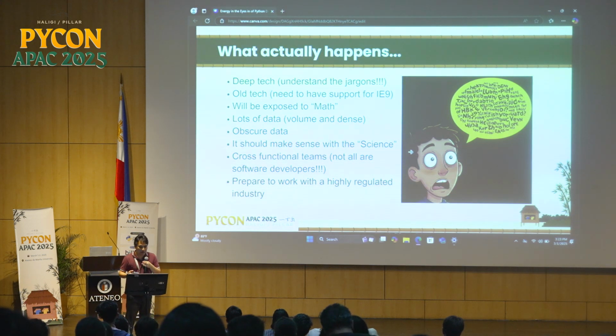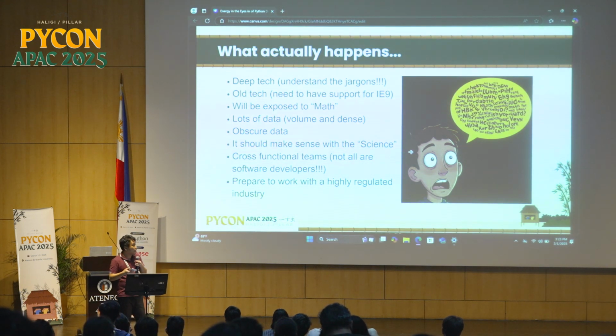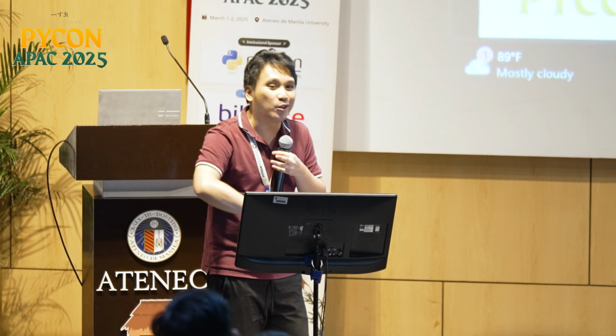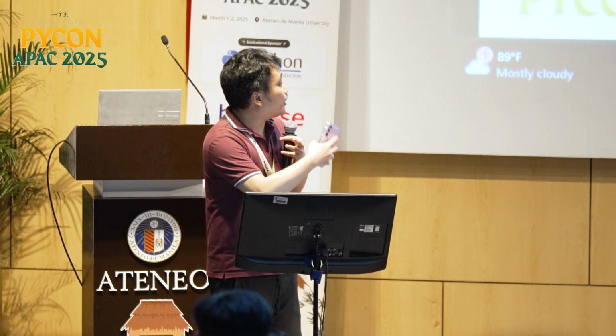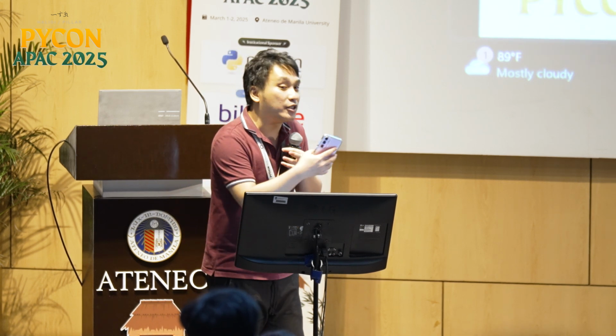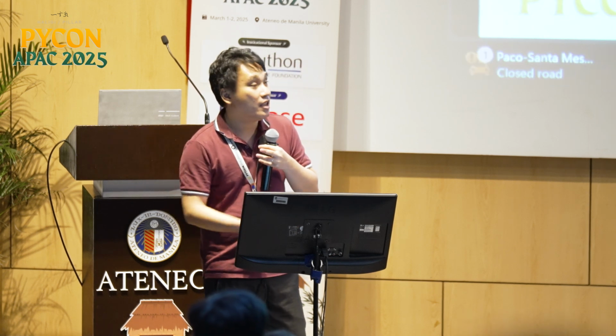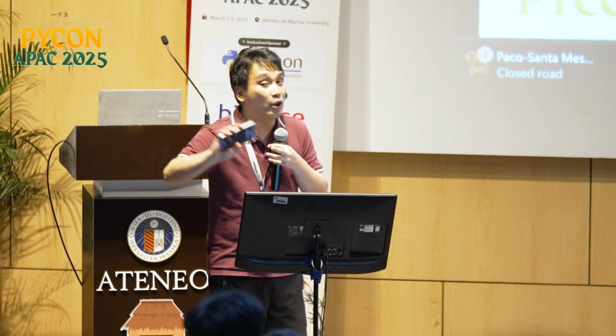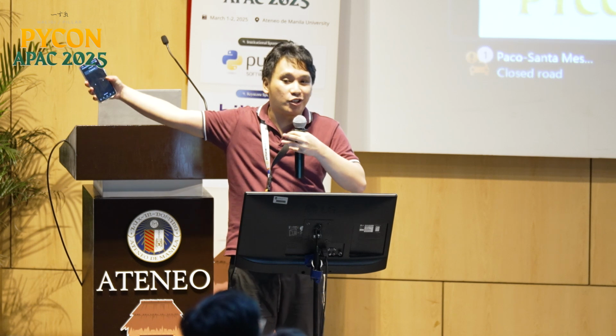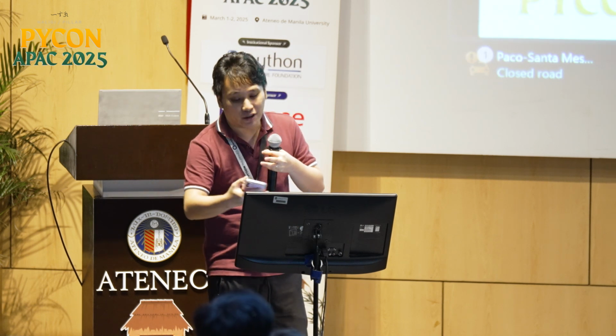Something that is very crucial as well, that I want to highlight here, is that it should make sense with the science. A lot of times as software developers, we think, let's apply SOLID principles, let's apply the various things that we can abstract. We build abstraction upon abstraction. But at the end of the day, what they just want is one point, a decimal, or a location of such values. And we tend to lose focus on the requirement, building all of this big infrastructure, such that we lose our end users.